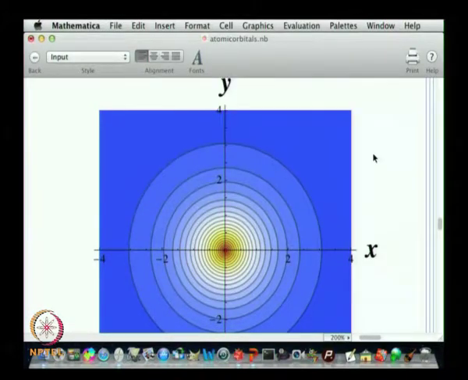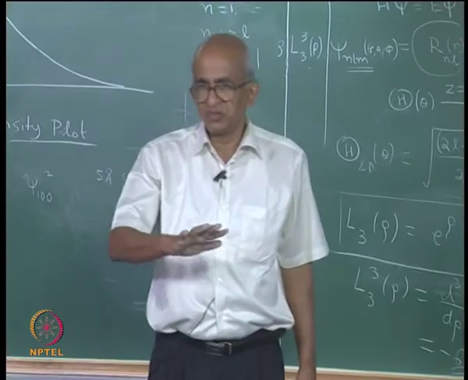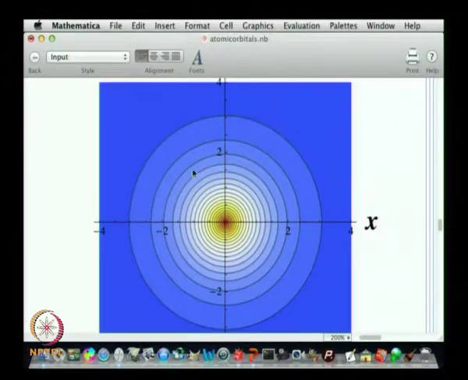picture. Okay. This is a density plot, it is not exactly done the way I have told you. The Mathematica has put its own color, but if you look at the plot, you will see that there is a concentration of density right in the middle, and as you go away this is actually color coded. So, far away you will realize the blue actually corresponds to 0 in this picture. So, far away the wave function almost is very small,